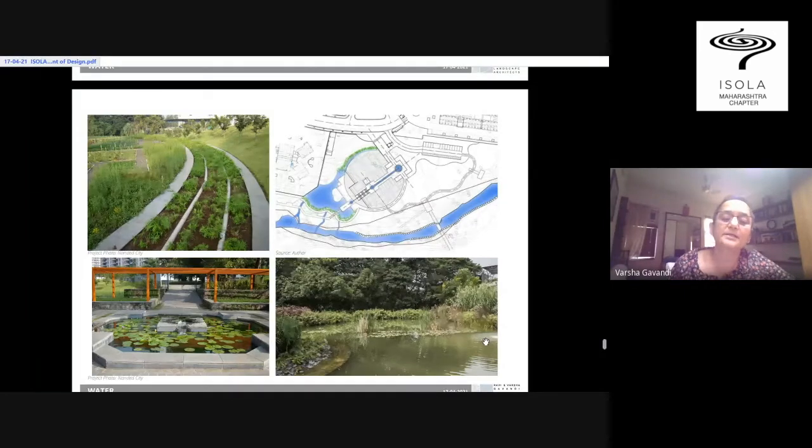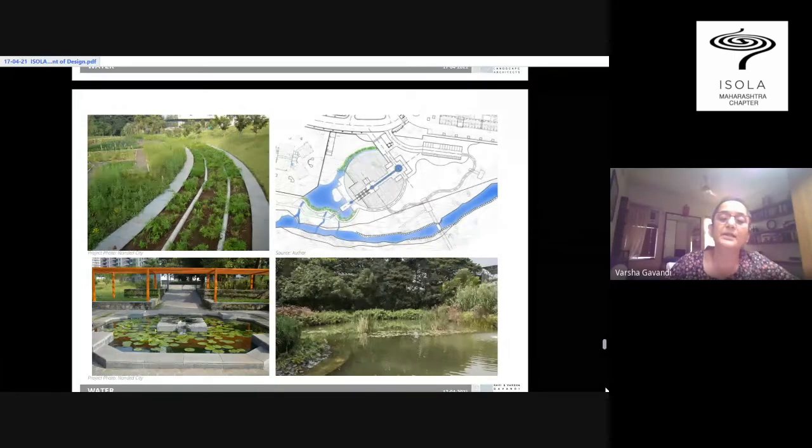We as landscape architects are trying to integrate these ecological principles very creatively in our designs, but I must admit that it is still at a very nascent stage, and there is a lot more to learn from people like Reni, or maybe associate with people like Reni and learn about the deep waters also. On the left-hand side is a reed bed to improve the quality of treated STP water. There's a bio pond, a polishing pond, all in one project itself.